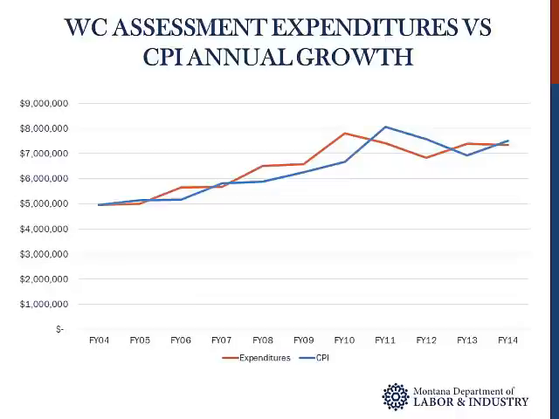From fiscal year 2004 to fiscal year 2014, the total expenditures from the Work Comp Fund were less than $200,000 more than CPI when adjusting for the $1 million one-time-only money to WorkSafe MT. Despite having additional functions mandated by legislative changes, the department continues to operate within a budget that has increased with CPI growth for the past 10 fiscal years.